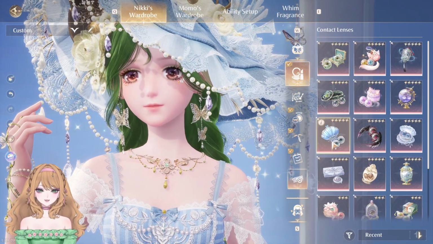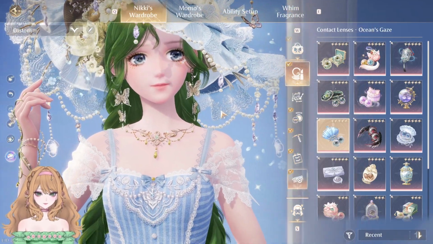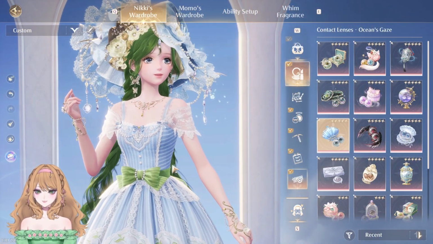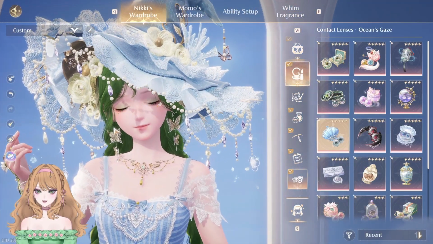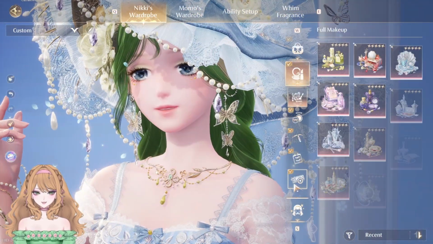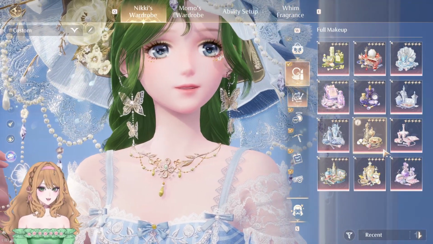And I want to give her blue eyes. Oh, look. That works really well. Draws everything in. I hate that you can't zoom back in as much. There, okay. And for the lips,